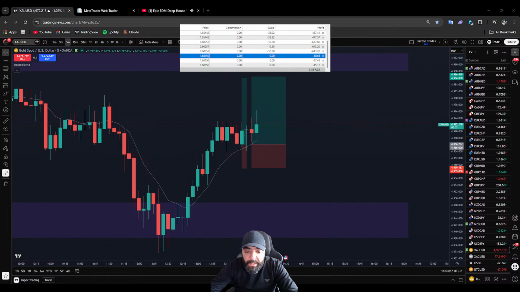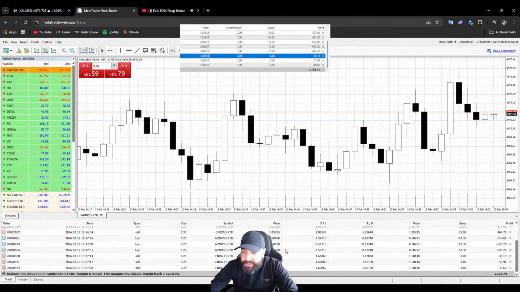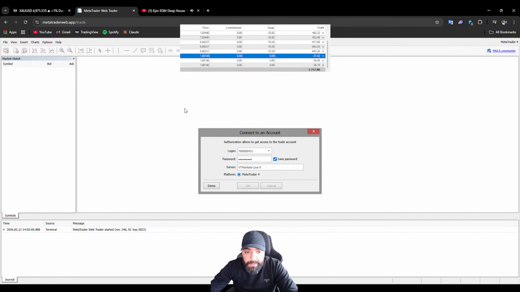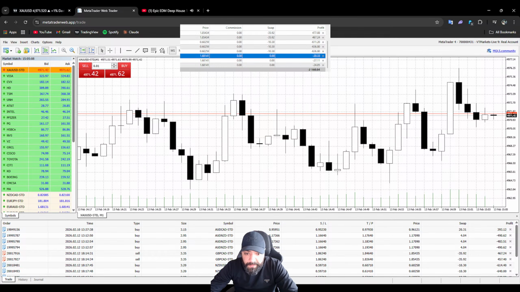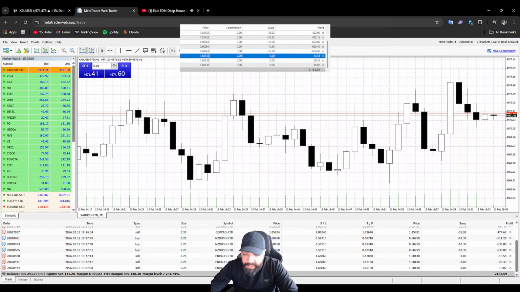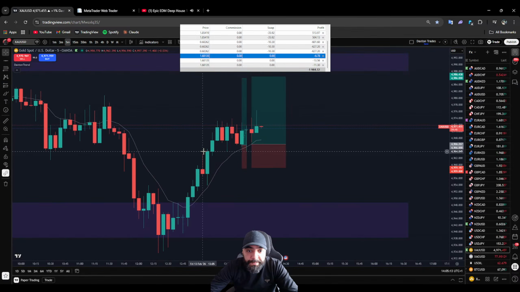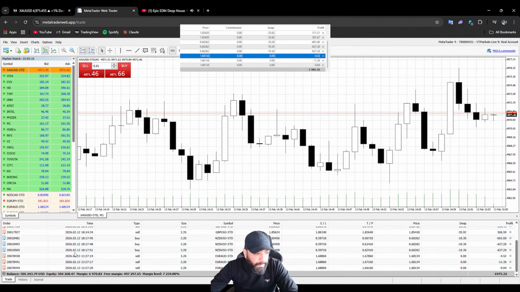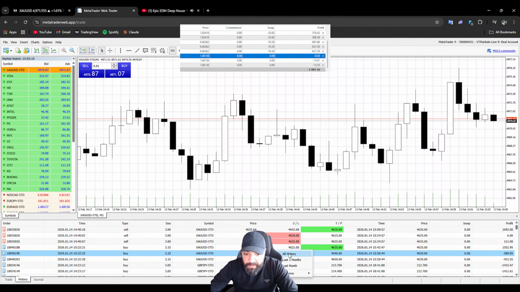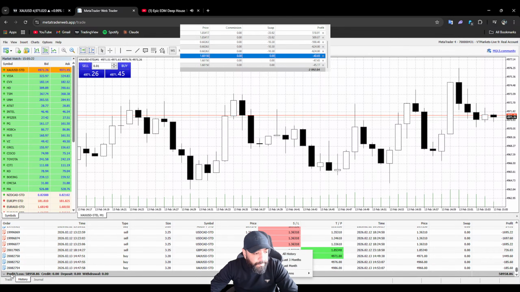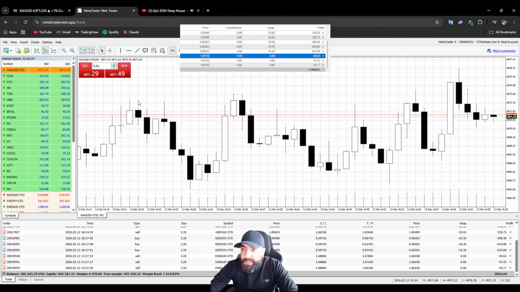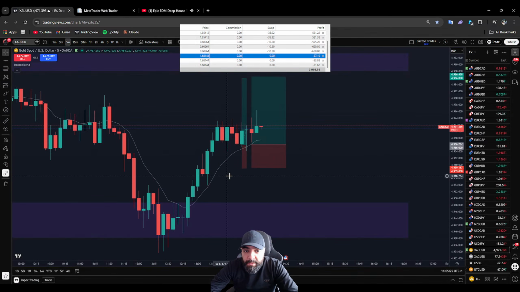And the account that you can see here is the same account here that I have. This is from the web app of MetaTrader, and this is from the actual app installed on my computer. But the problem with this one is you can filter, for example, only today. But it's a way to see that the account is legit.